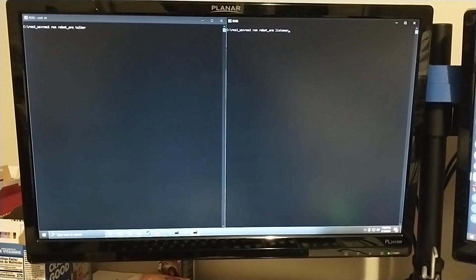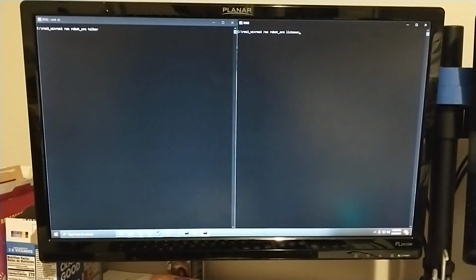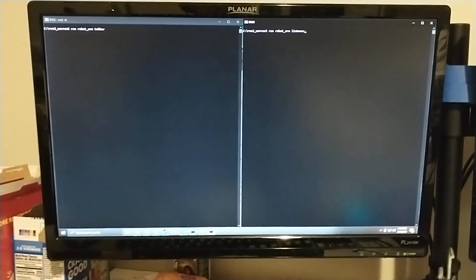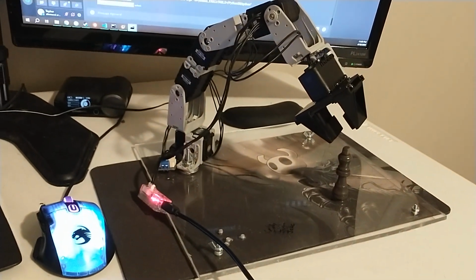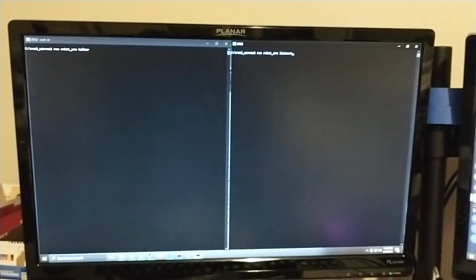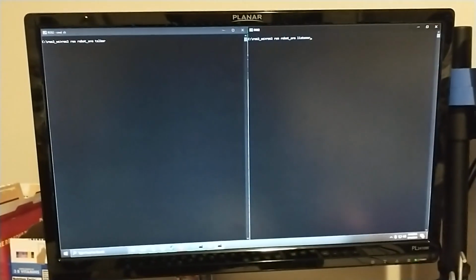So for my project, I wanted to build a robotic arm and program it in ROS, and so I was provided with a robotic arm. This one right here. It's made of Dynamixel servo motors, and I wrote a couple of ROS nodes that talk to each other using some Python scripts, and